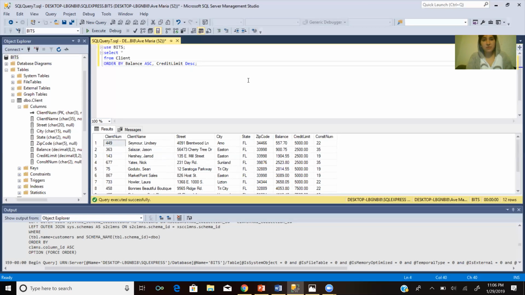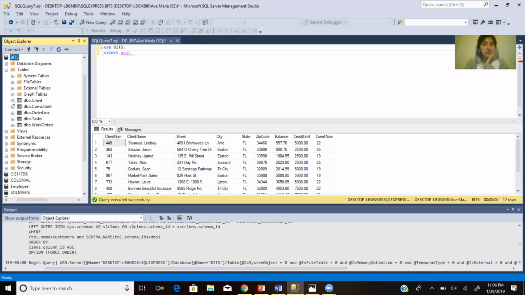Let's go ahead and also look at how we use the average tool here, which is, I think, a wonderful tool to use. So we're going to use bits, and we're going to select average right there, and then you're going to use parenthesis after, and it's going to average whatever is in there. So average, we'll say, client isn't really a good table to use for this. So I think a better one is probably